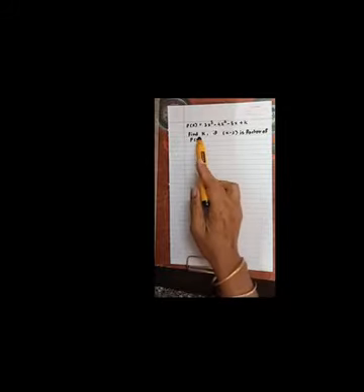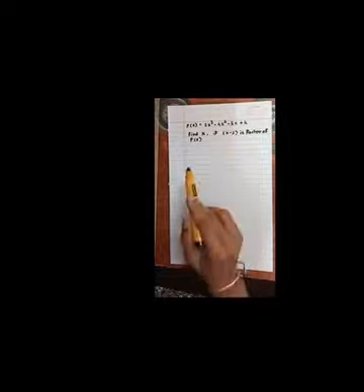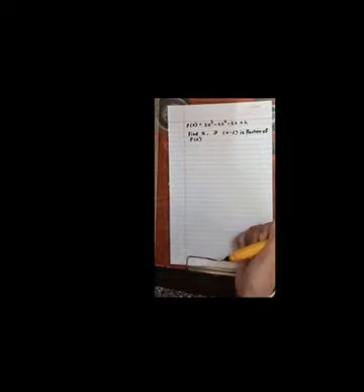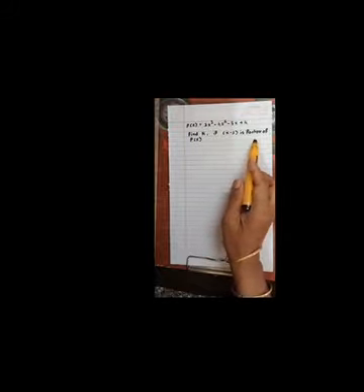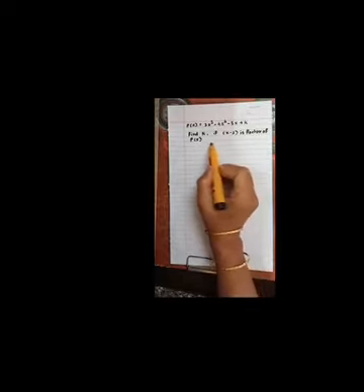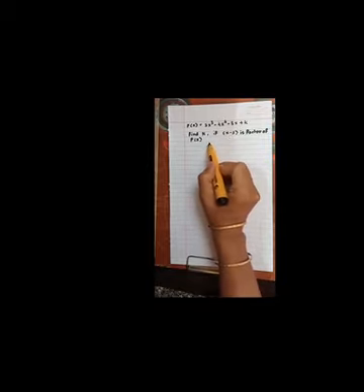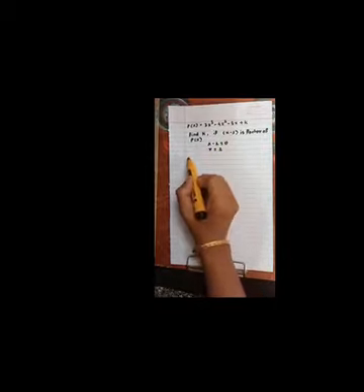Next, p(x) is the polynomial 3x cube minus 4x square minus 5x plus k. Find k. Now we have to replace this with the factor because x minus 2 is a factor of p(x). So find the value by taking the zero of the polynomial. So x minus 2 is 0, you get the value of x as 2. So find p of 2.